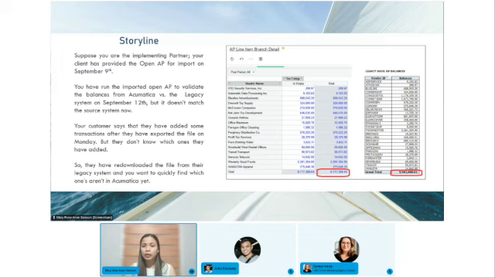Then someone from your client remembers that they have added some more stuff on the AP, but can't remember what data has been added to where. So they have re-downloaded the file from their legacy system, and you want to quickly find which ones aren't in Acumatica yet. So let's jump in Acumatica and find what's missing.